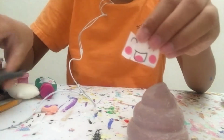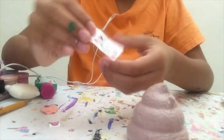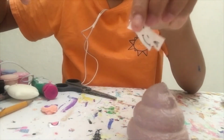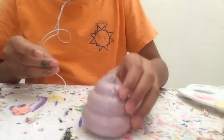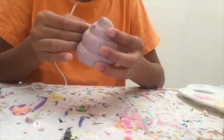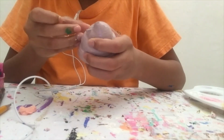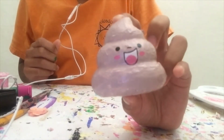Okay, I'll show you when it's done. And this is the mouth cut off. And lastly, I'm just gonna steal the cheeks. I'll show you when it's done, and then I'm also gonna steal the nose from this. So, now that one eye is now put on the poop, I'm gonna start by putting on this little nose. I'll show you when it's done. And now that the mouth is done, I'm gonna start by putting on the cheeks. And now that the cheeks are done, and I put the other cheek on off camera,